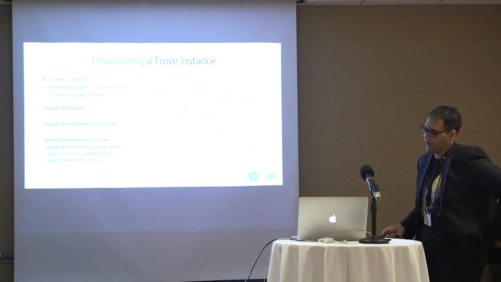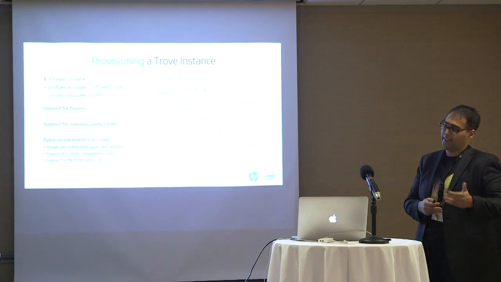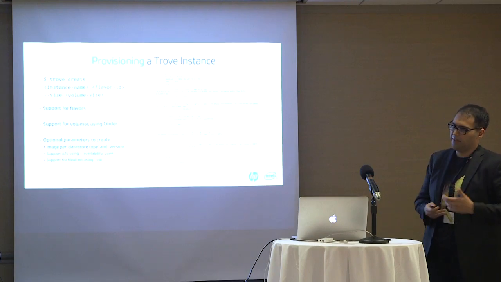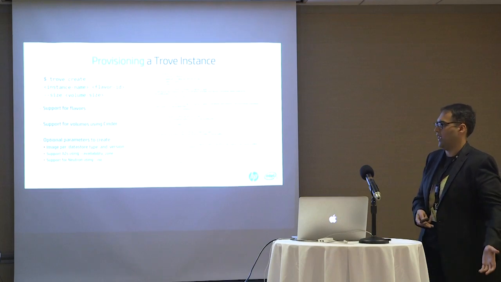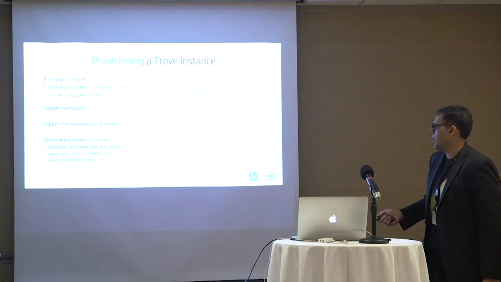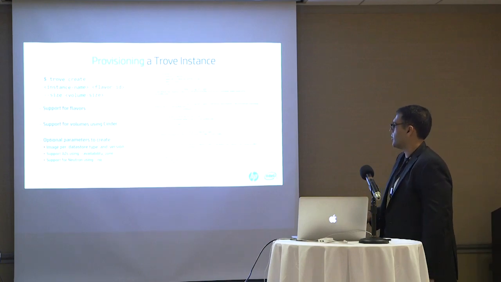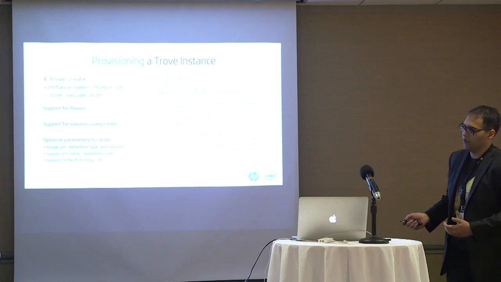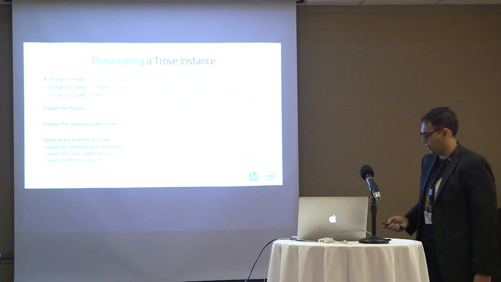And where this gets interesting is since Trove can provision async replicas of instances, so a MySQL master and MySQL slave, you might want to have them in different availability zones so that if one fails, the other is still available. So you can pass that information in as well. We also support Neutron networks using the --nic parameters, sort of like Nova. So if you want your Trove instance to be on a private Neutron network that you've set up, you can pass that in, and Trove will put that instance on that particular network.